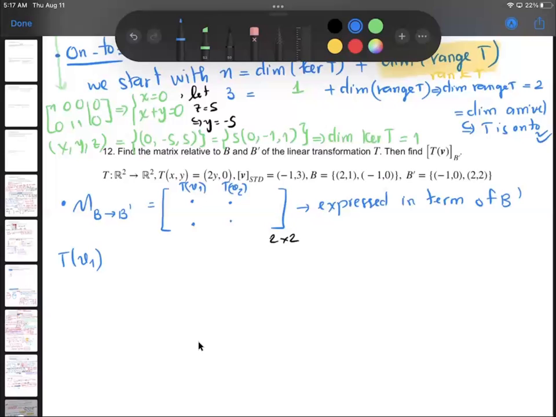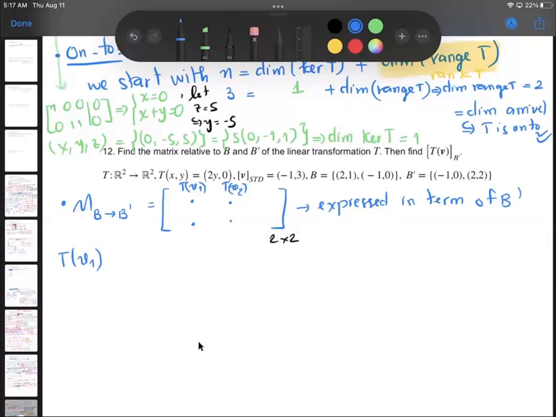So I got 2 by 2, remember 2 by 2, and then I need a 2 by 1 here, right? And then my result is going to be a 2 by 1. So how do I get that? I need the purple one. So now